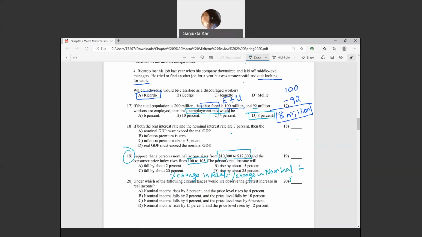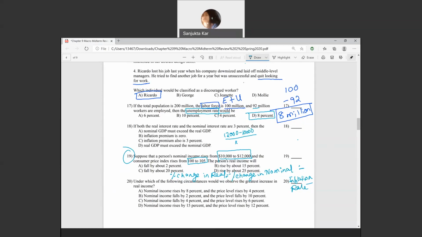The inflation rate is the percentage change in price. What's the percentage change in nominal income? The new value is 12,000, the old value 10,000, the whole thing over